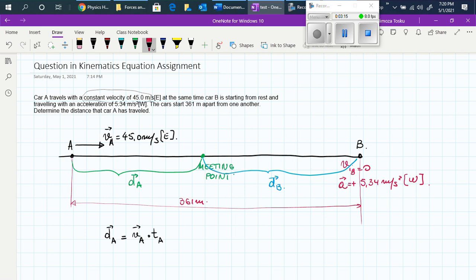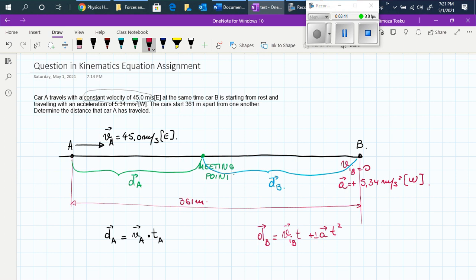On the other hand, since car B is accelerating, the displacement that car B obtains as it moves with acceleration will be v_iB t plus